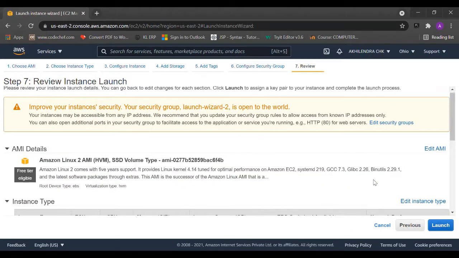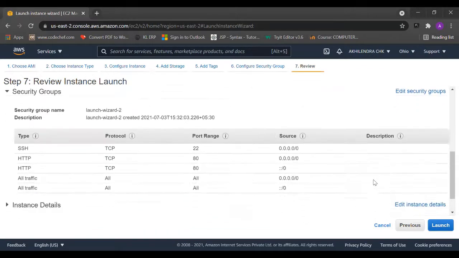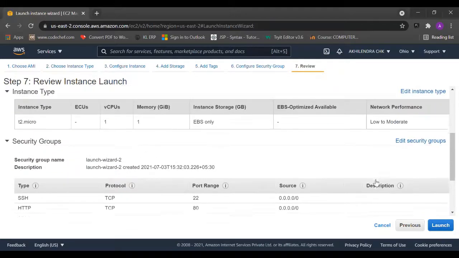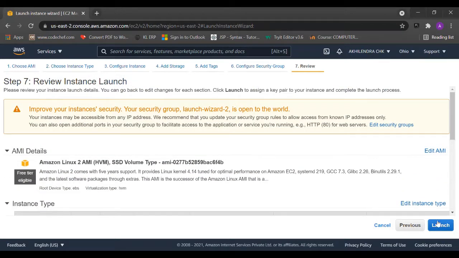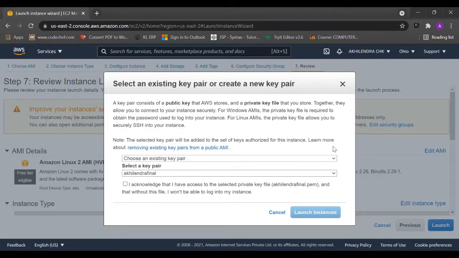You can see your selections here, and if you want any changes you can change them here, or otherwise simply click on Launch. If you have a key pair from before, you can use that, or you can create a new key pair. This will be used for logging in through PuTTY for creating a web page. Before, I created a key pair known as Aklendra Final, so I am using that.